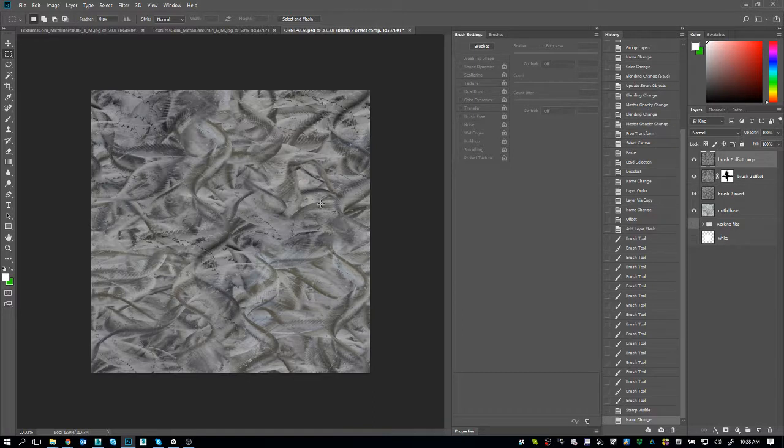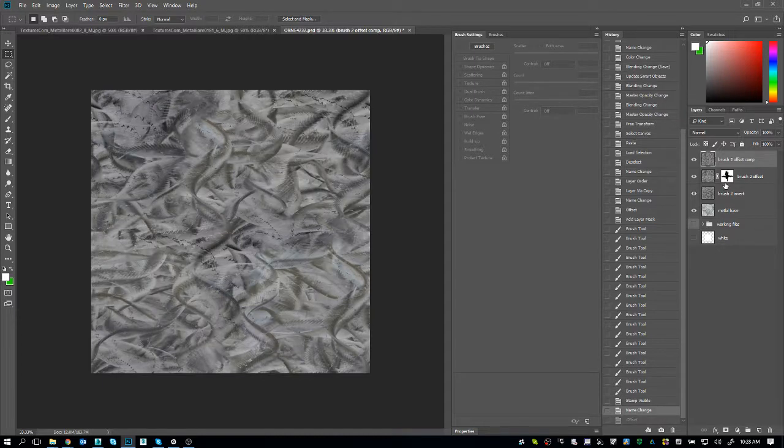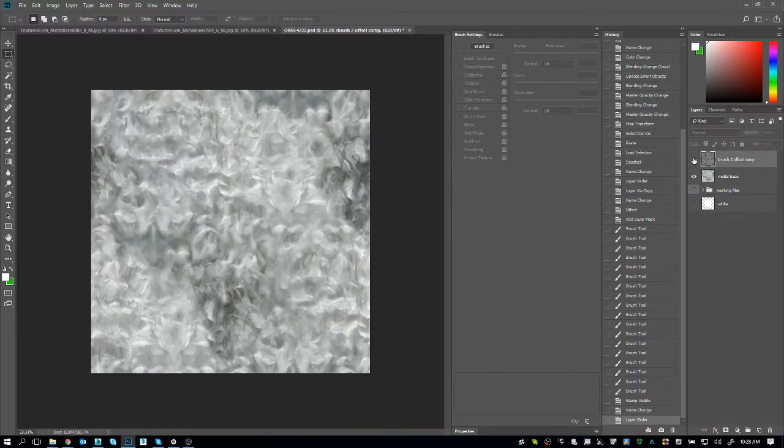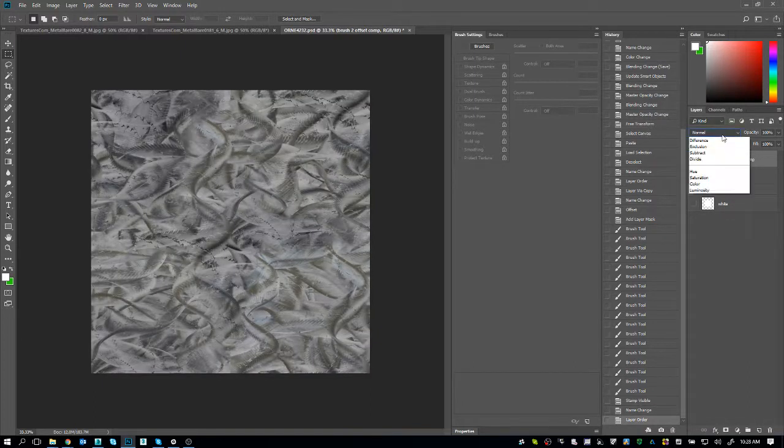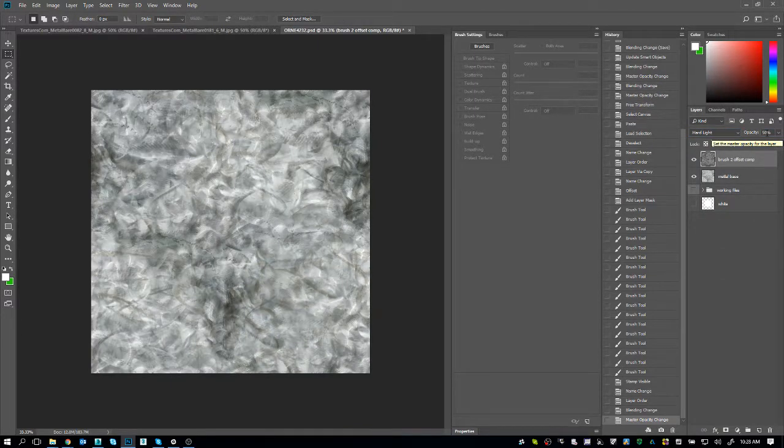So I just followed the same procedure with this second texture as I did with the first. Again, I'll offset it to make sure it looks good. So we're good. Can drag these back down to working files. So now I can set this one to hard light and 50%, and I have my tileable texture. For the metal,